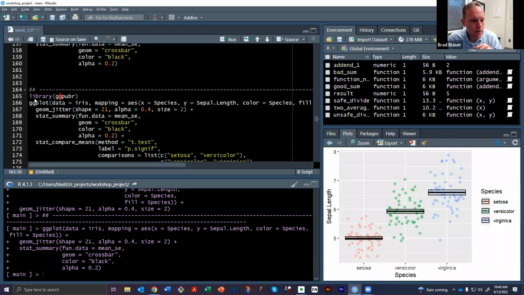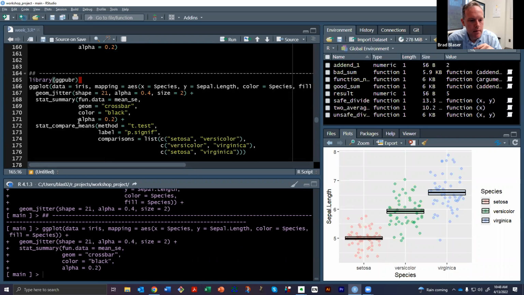So if you use this package, ggpubr, it's very helpful, and they have this function here that you can add to compare the means. And it's very, very logical. You say, all right, I want to use a t-test. The label is going to be the p signif. That just means like the